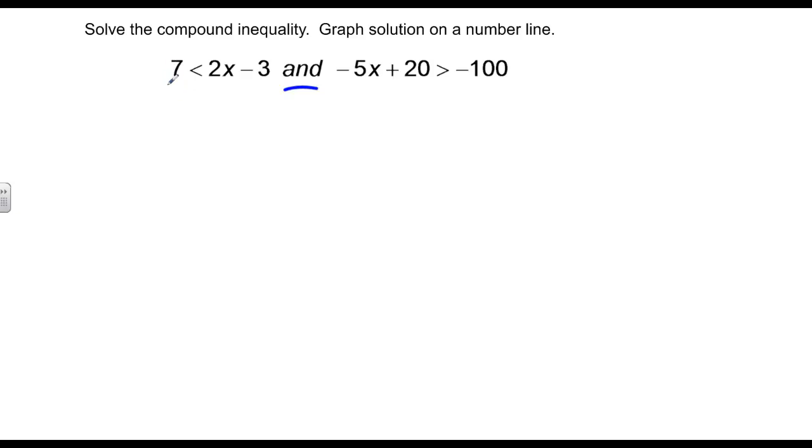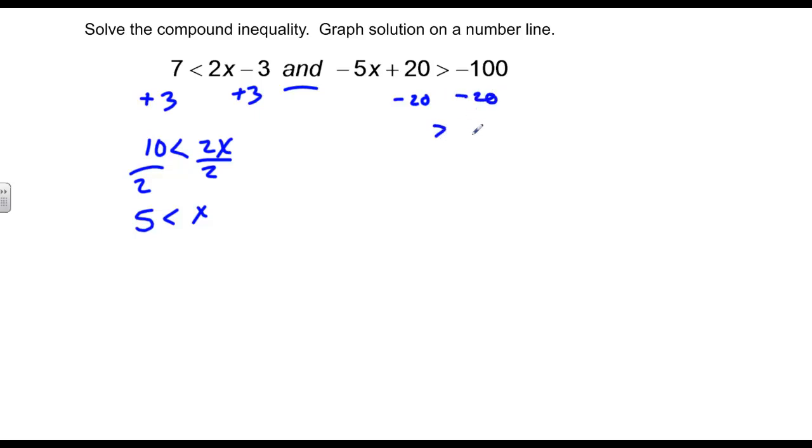So in this next problem, we also have an AND operator, and the difference between this problem and the other problem is the two inequalities are not solved. So let's go ahead and do that. Add 3 to both sides. End up with 10 is less than 2x. Divide by 2 to both sides. X is greater than 5. Move to this side, subtract 20 from both sides. End up with -120 is less than -5x. Divide by -5 to both sides. When I divide by a negative to both sides, I must reverse the inequality sign. So x is less than